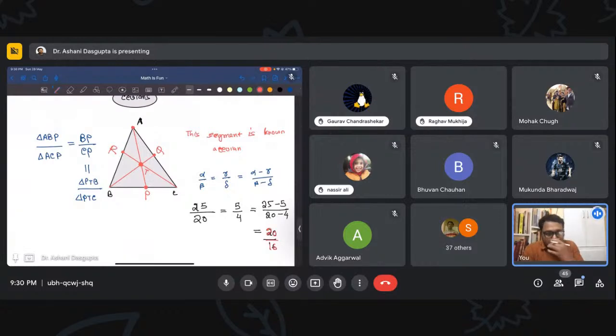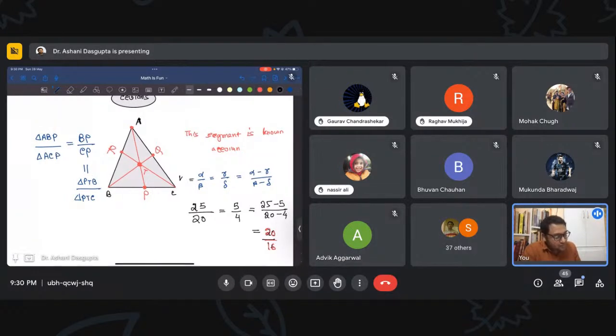I'm not going to prove it, but the basic idea of this proof is that you take this ratio equal to some k, you assume that it's constant, and then you write alpha equals beta k and gamma equals delta k. Now if you subtract and divide, you will get the result that you want. I'm not going to prove that entire thing, but you can easily try and prove it yourself. Anyway, the point is this, that BP over CP